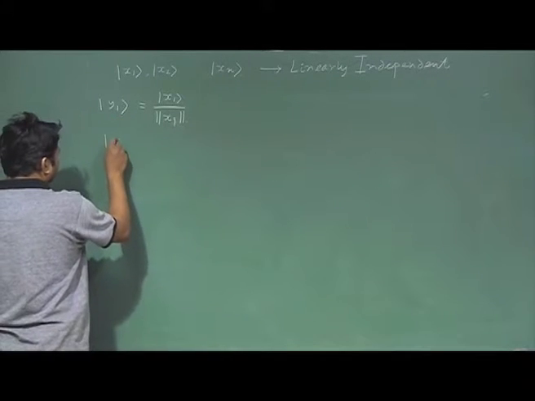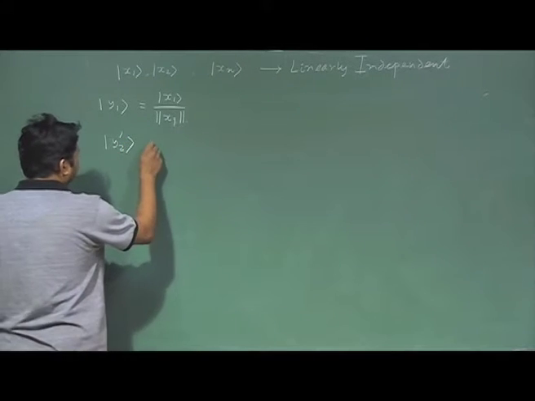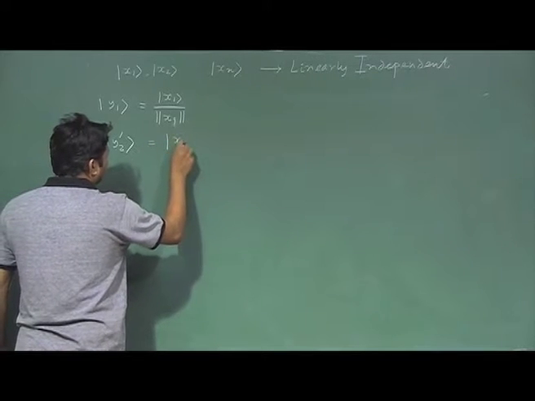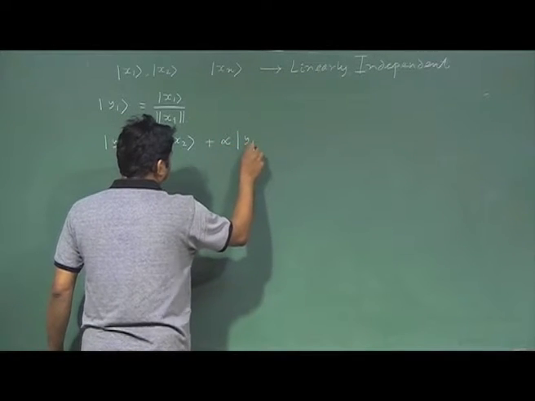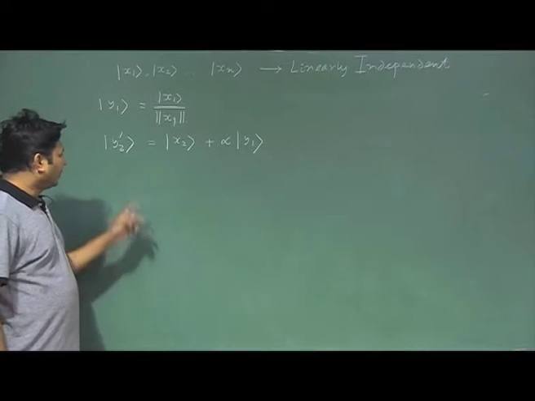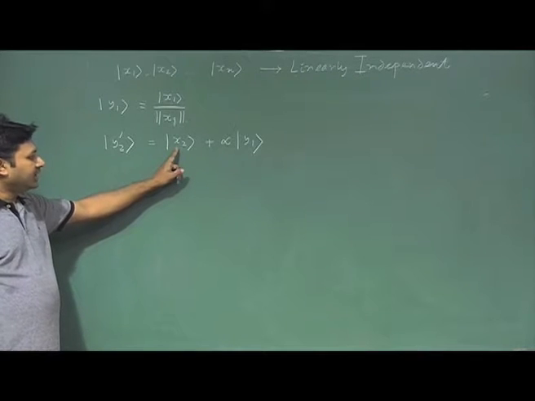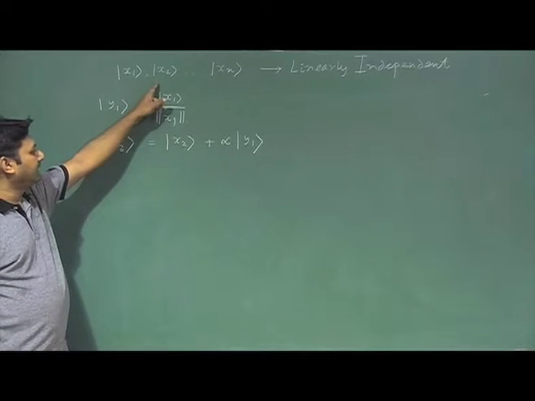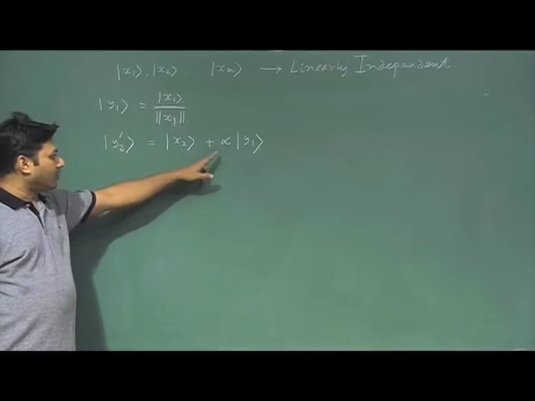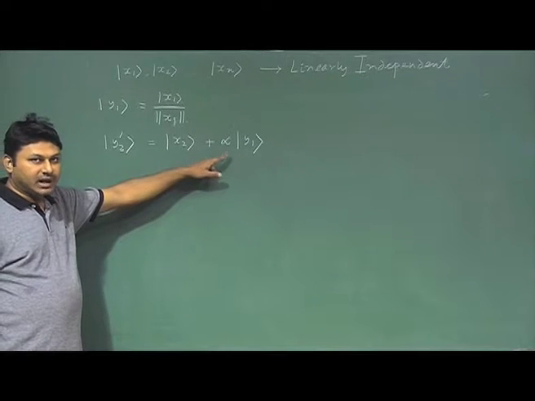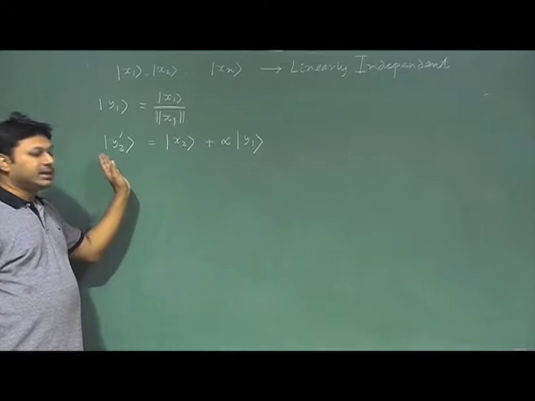How to generate y2? I write y2 prime. Why I am writing y2 prime, I will explain shortly. I choose the vector like this. Please note that when I am forming y2, on the right hand side I know what my x2 is because x2 is given here. I know what my y1 is because just before, I formed y1. What I don't know is alpha. Now this alpha is important because by putting this alpha in a suitable way, I can find my desired y2.